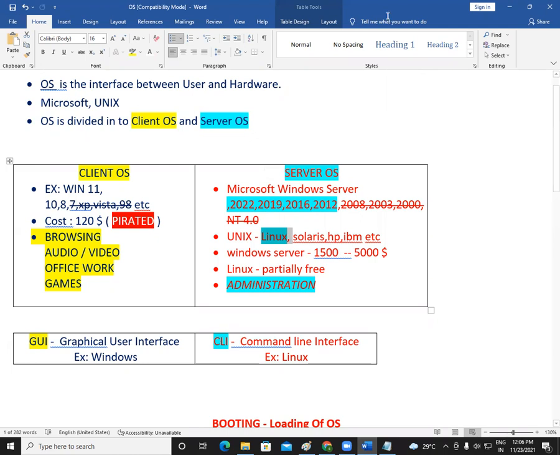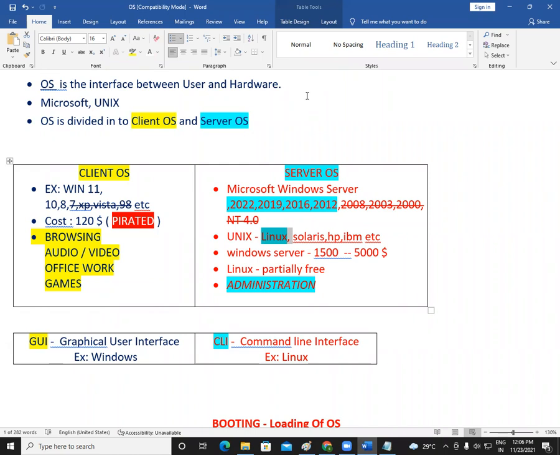Okay. So when you take a server hardware, you're spending 2 lakh rupees, 3 lakh rupees, or maybe 10 lakh rupees, depending on the configuration. You're just purchasing the server hardware. In that server hardware, there is no server operating system. So from where do we have to take the server operating system? We have to go to the Microsoft.com website, or to the Linux.com website. From there, we have to download it and pay money for that operating system. So hardware is from one company and the operating system is from another company.